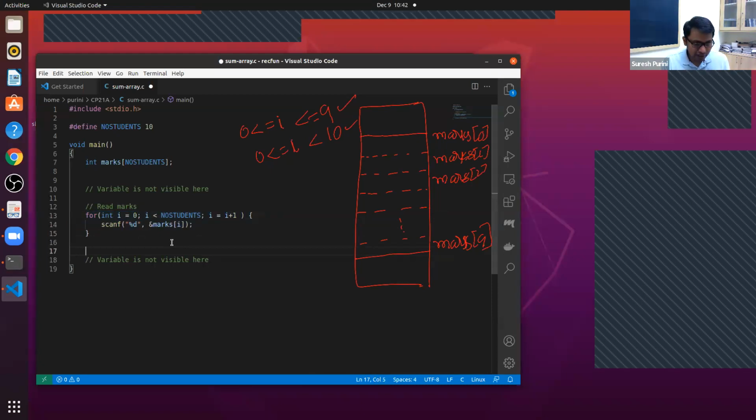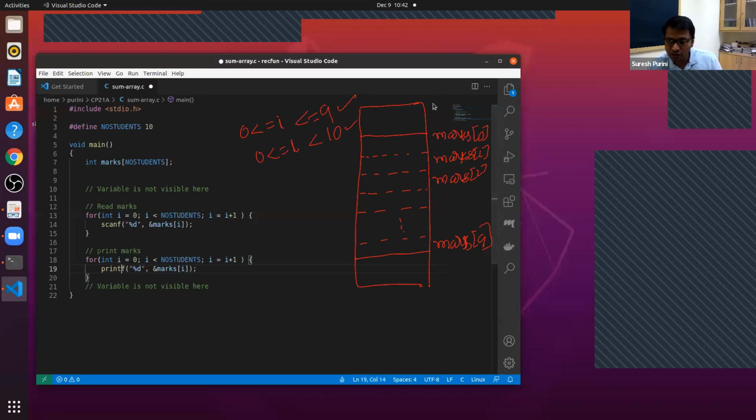So we repeat the same. For the sake of fun, we will print marks onto the screen. What you didn't get, Rhythm? I'm saying the base address of the array, marks 0, starts at address 10.